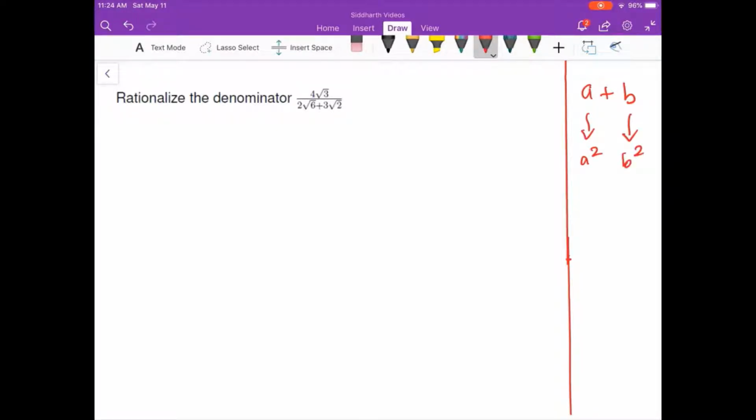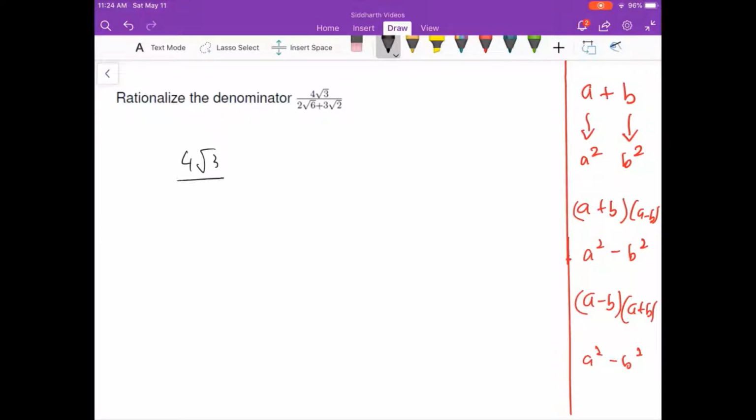We know that if we multiply a plus b with a minus b, we will get a squared minus b squared. Similarly, if we had an a minus b term, we should multiply by a plus b to get a squared minus b squared. For this problem, we multiply the denominator by 2 root 6 minus 3 root 2. So we get